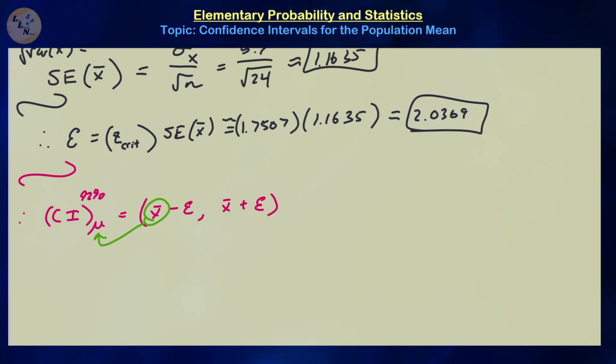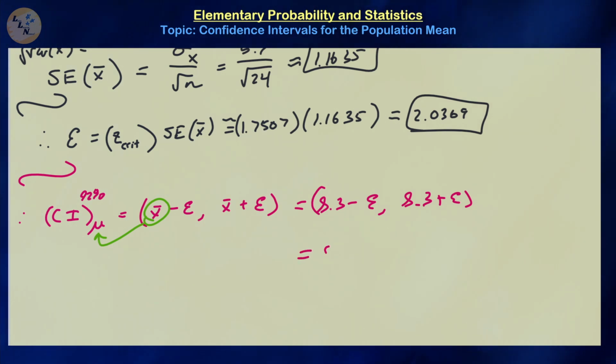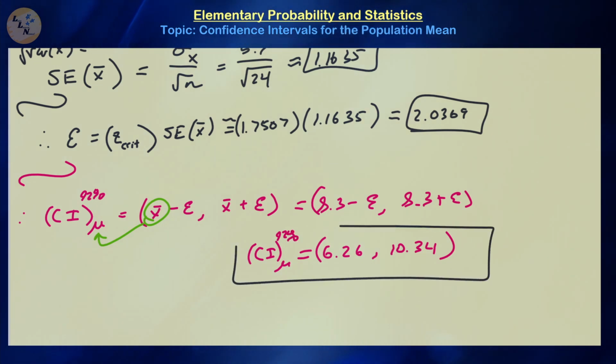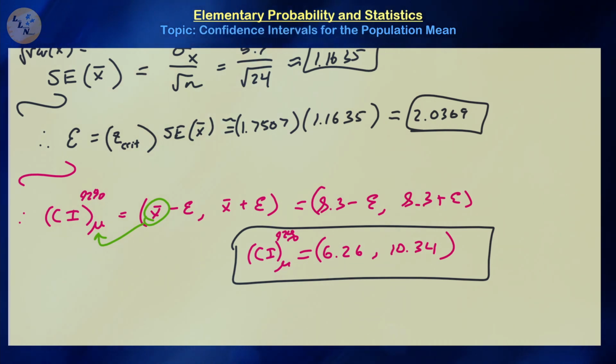So since we actually do know the sample mean for our sample, that's going to give us 8.3 minus this margin of error, 8.3 plus our margin of error. Once we work out those calculations, you're going to get a confidence interval of 6.26 and 10.34. So this is our 92% confidence interval for mu. So I am 92% confident, based upon the sample that I have collected, that the population mean mu is in